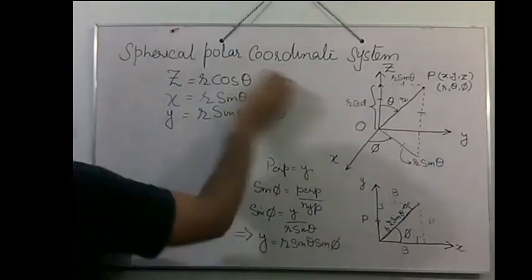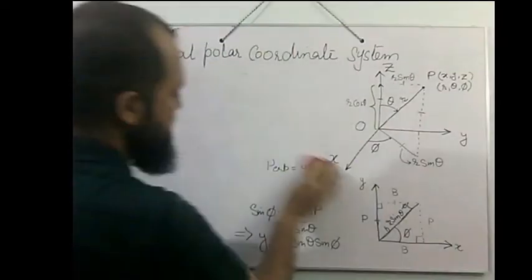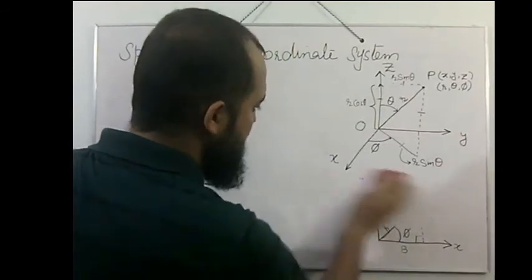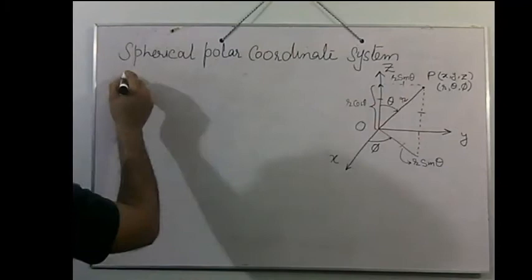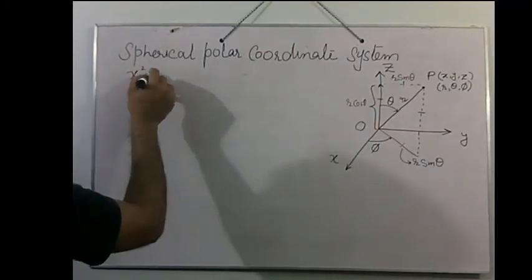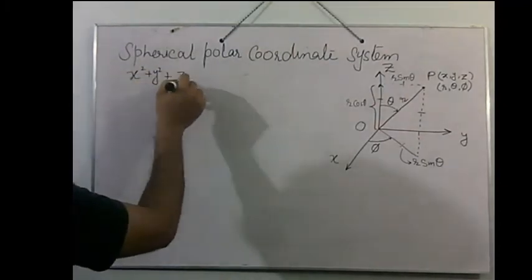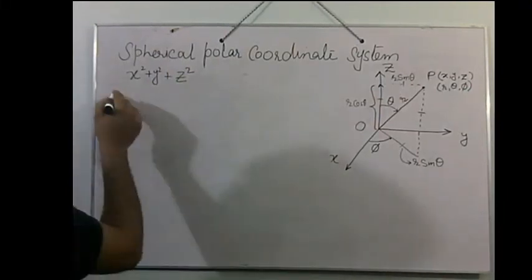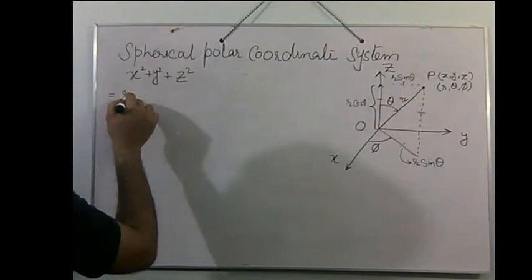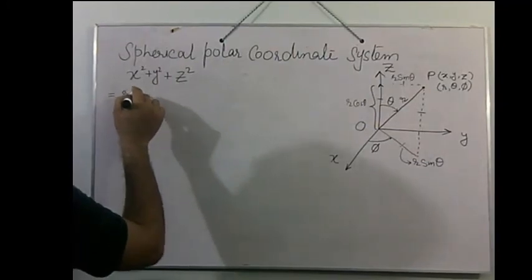Now if we square and add them, such as x square plus y square plus z square, we have r square